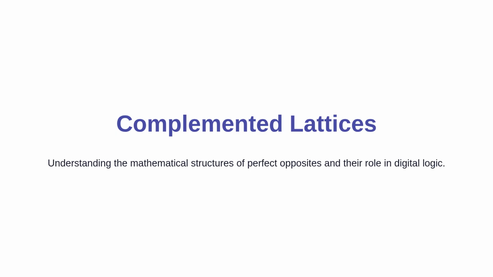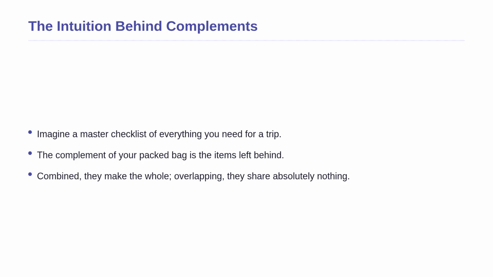Let us get started. To understand what a complemented lattice is, imagine you are packing for a trip. You have a master checklist of everything you need. If you pack a few items, the complement of your packed bag is exactly the list of items you left behind. When you combine what you packed with what you left behind, you get the complete master checklist. And if you look at what is in both groups at the same time, you find absolutely nothing. This idea of having a perfect opposite that completes the whole without any overlap is the heart of a complemented